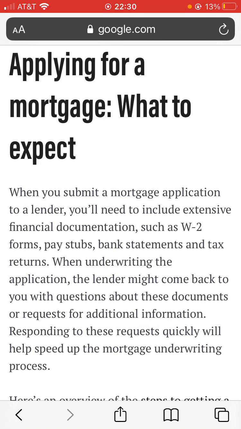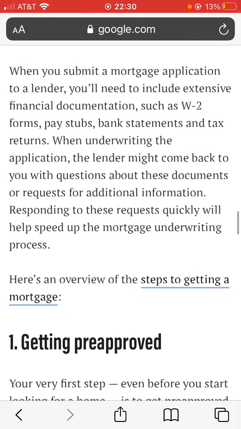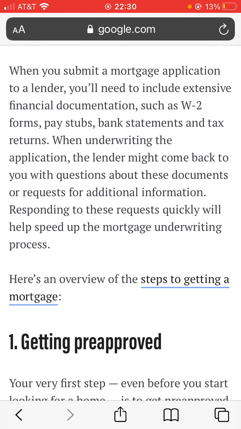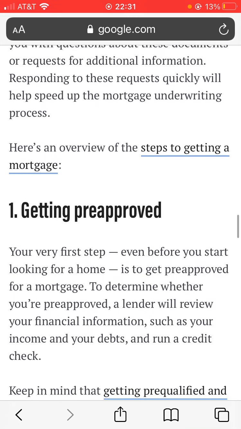Applying for a mortgage, what to expect. When you submit a mortgage application to a lender, you'll need to include extensive financial documentation such as your W-2 forms, pay stubs, bank statements, and tax returns. When underwriting the application, the lender might come back to you with questions about these documents or requests for additional